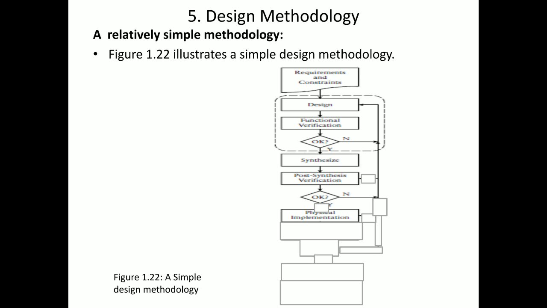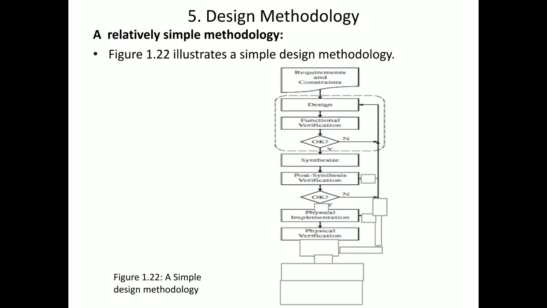In physical design we will be doing the floor planning stage, the placement stage, and routing, which means wiring connections. Once the physical design stage has been done, we will verify whether the placement of the cells and the wiring connections between the cells are proper or not. Proper or not means whether it is meeting the area requirements, power requirements, and all. We will verify the physical design stage also.